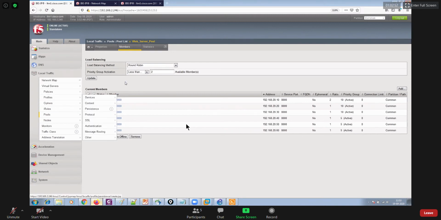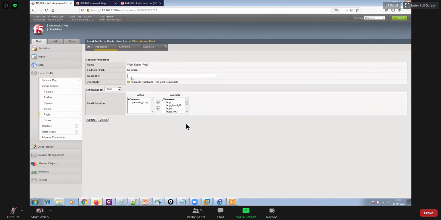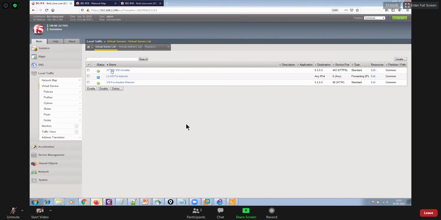Remember, look at this pool. The status of the pool is available. I have attached this pool to my virtual server, and that is why the status of this virtual server is also green, which is available.